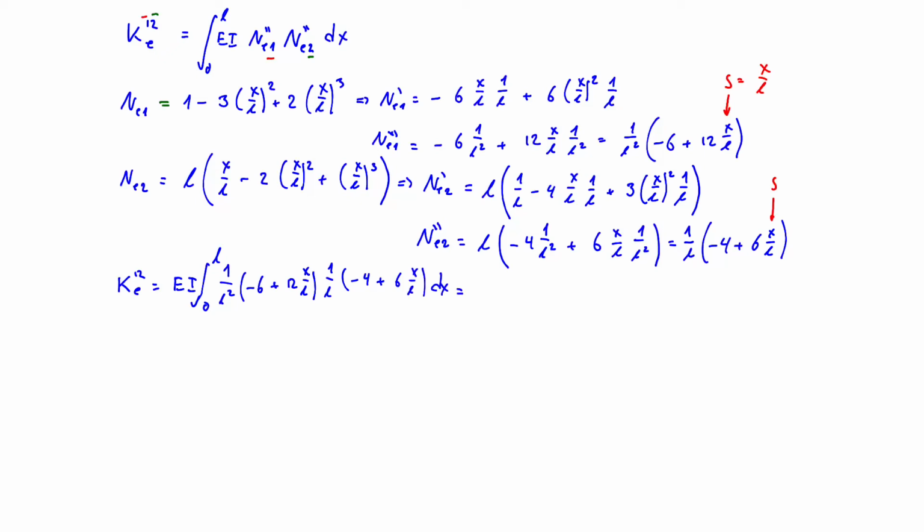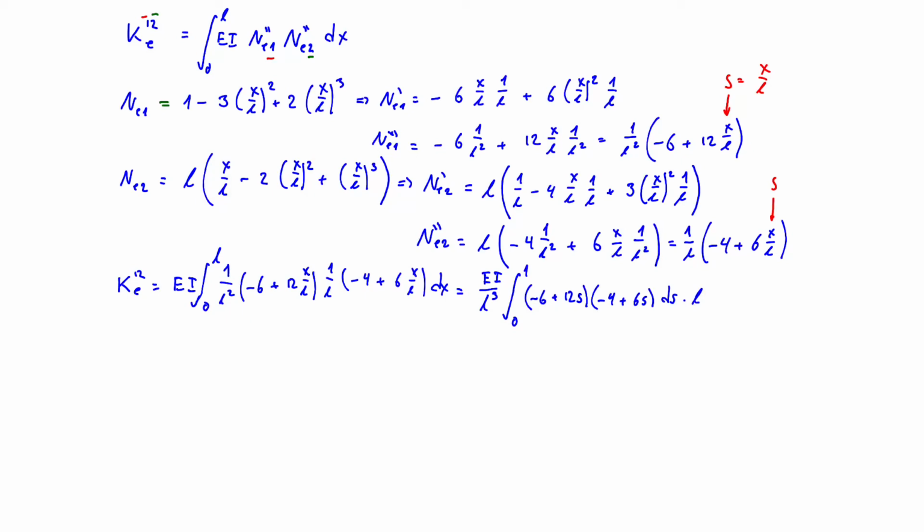We will have in total 1 divided by L to the power 3 that we can have outside the integral. Inside the integral we substitute in S. That means we integrate from 0 to 1. So we'll get minus 6 plus 12s times minus 4 plus 6s ds,